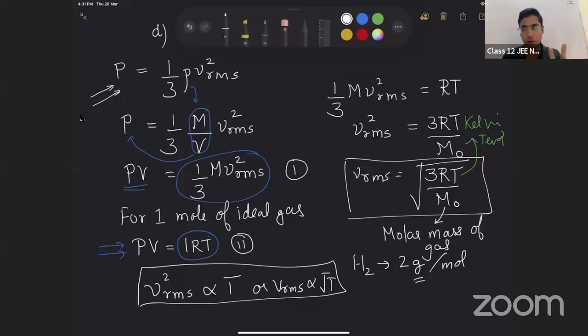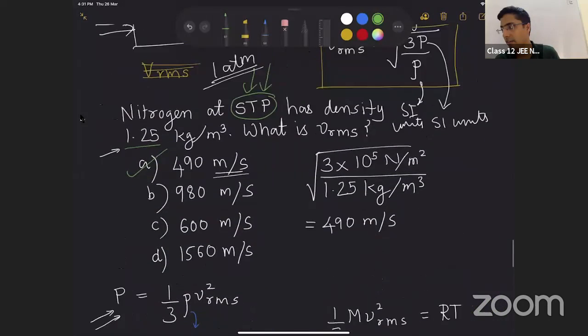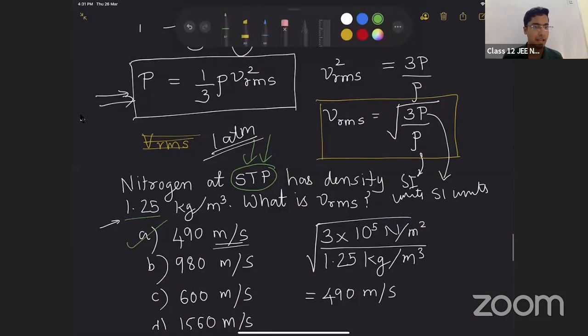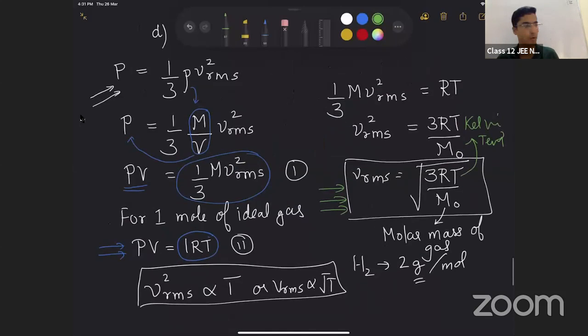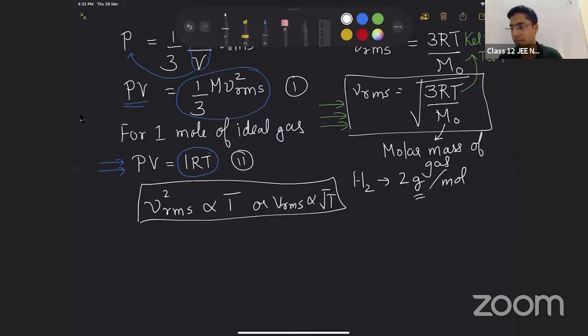So we studied two formulae. VRMS is root 3RT by M naught, and VRMS is root 3P by rho. This is for 1 mole of molecules. Now we can also do this for 1 molecule, right? How do we do it for 1 molecule? The way we do this,